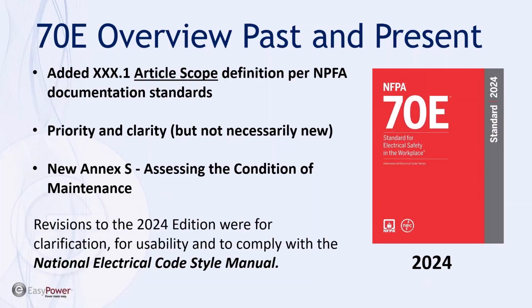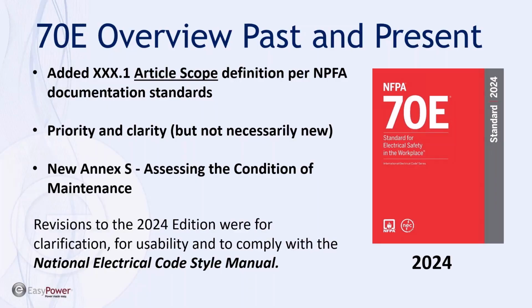2024, one of the significant changes is that each one of the articles got a new first entry of the scope of the article itself, which of course, if you're trying to write proposals and practices that reference specific 70E article references and standards, all your numbers got moved around when you went through that along the way. Again, they described that priority and clarity were some of the changes in the standard, but from a topic standpoint,